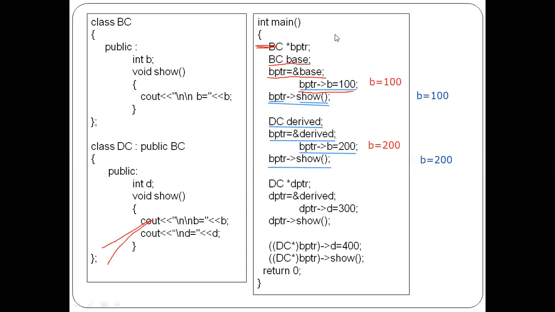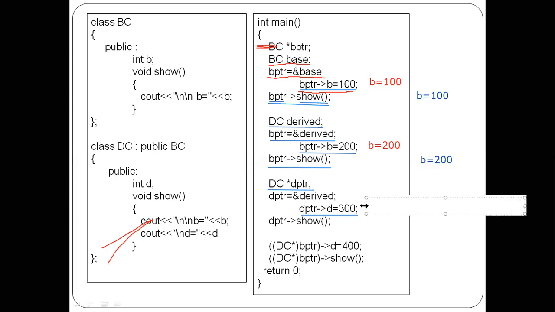Now we are moving toward the next one. Here, a pointer of the derived class. And again, we are going to initialize that pointer variable with the help of the derived class object, the address of the variable which we have created for the derived class. So when we use this line, d pointer, and we initialize the d variable with the help of 300, what is the expected output?